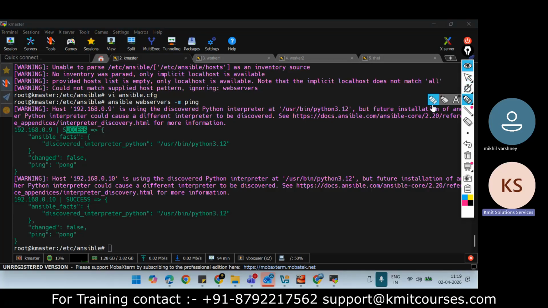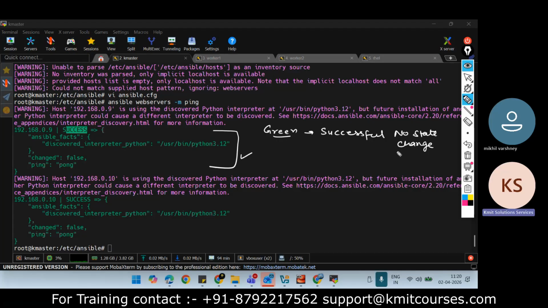Now I want to discuss the color coding also. There are three color codings. One is green. Green means successful, everything is fine. Here we return success. It means my command got executed successfully and there is no state change. What does it mean? For example, I want to start a service on my remote machine, but the service is already in the started state. So the output will be in the green color.